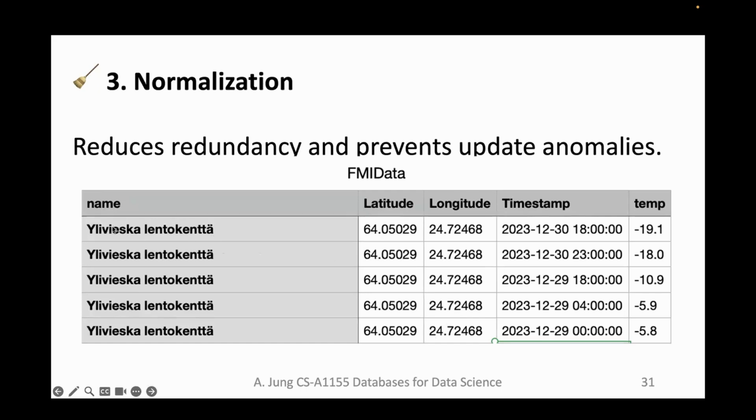And so this relation has the attributes name, the name of the weather station, then the latitude of the weather station, the longitude of the weather station, a timestamp of the weather recording, when did we take the weather observation, and the value of the observation, of the physical quantity, the temperature. And you see here there's quite some redundancy, because for each recording from this weather station, we always have latitude and longitude. So this here seems